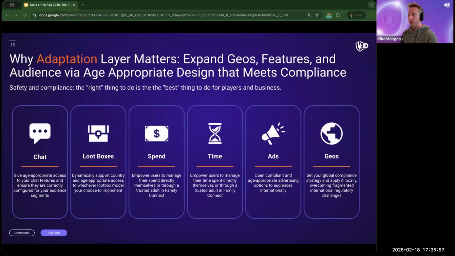So you can build this yourself. Right? You can hire a team. You can read every regulation across every market. You can map it to your feature set. You can write that logic into code, and keep it up to date as laws change. And some companies are doing that, but let's recognize that's extraordinarily expensive. It's complex, and if not done right, it's potentially fragile. So my takeaway here is do treat it as infrastructure, because that is what it in fact is.